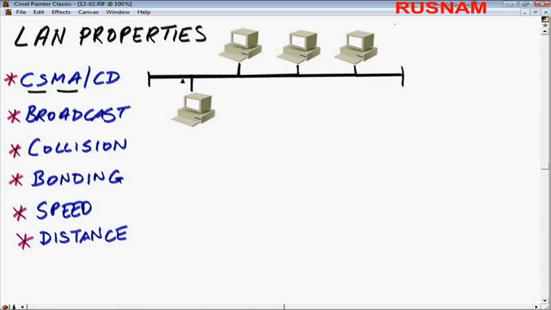Now, as we know from earlier, this could be a bus topology where these are all tapped into a cable that's terminated on both ends, or this could be a hub, and this bus is actually inside of that physical hub device. What happens is, before transmitting, the computer listens to the network media. If the media or the hub is idle, then the computer will send its data. Actually, what it does is this. It says, do I have data to send? Okay? If it does, it will assemble a